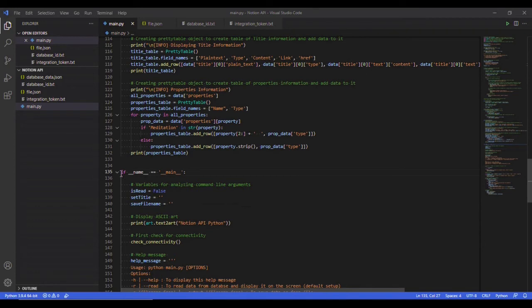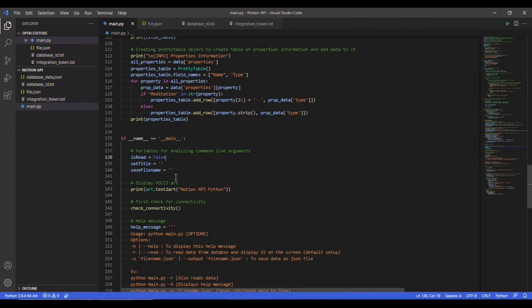Okay, so I have used if __name__ == "__main__". Now in case you don't know what this statement does, I will share a link with you to my blog where I have mentioned what this statement exactly does. You can check out that blog to understand what this statement really means.